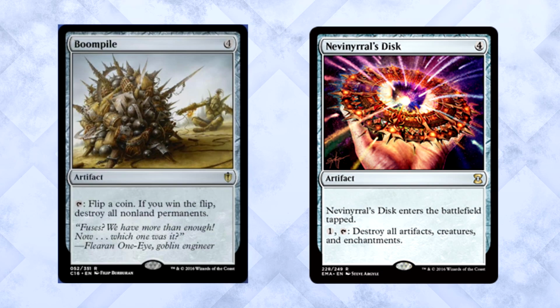Boom Pile is the latest iteration of Nevinyrral's Disc, and honestly, it's an updated version. This one actually hits Planeswalkers, unlike the classic disc itself. Comparing it to the disc, there is a chance the Boom Pile doesn't work, but you can use the ability the turn it comes down. It doesn't cost additional mana, and if it doesn't work, you have next turn too. The disc comes in tapped straight up, so you get 2 shots with the Boom Pile to be a better